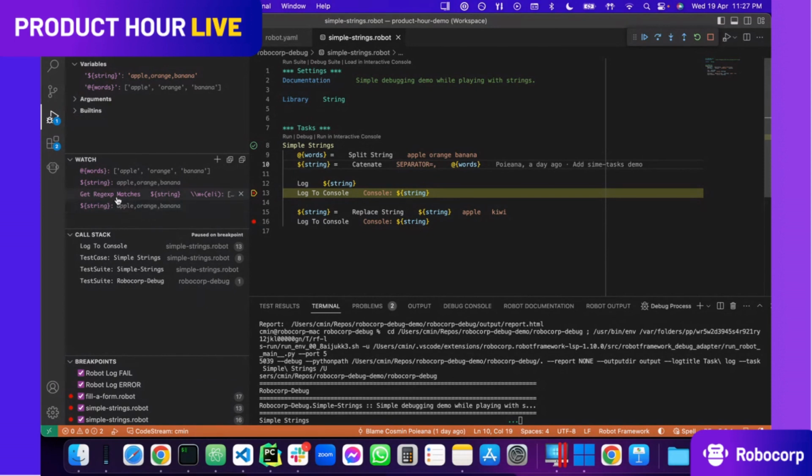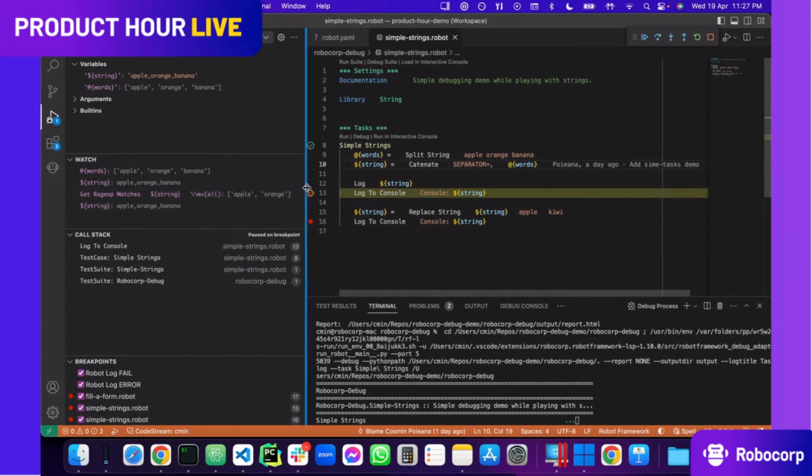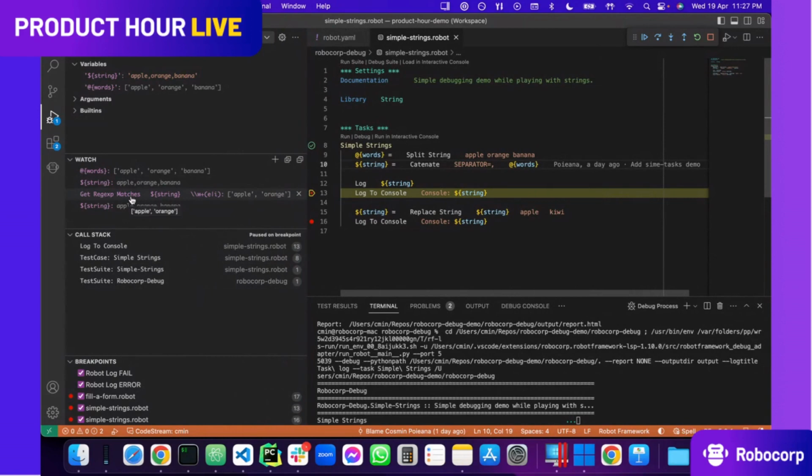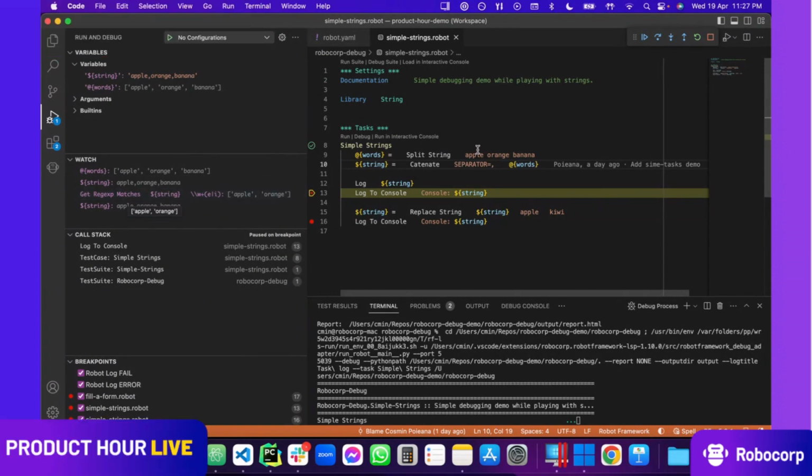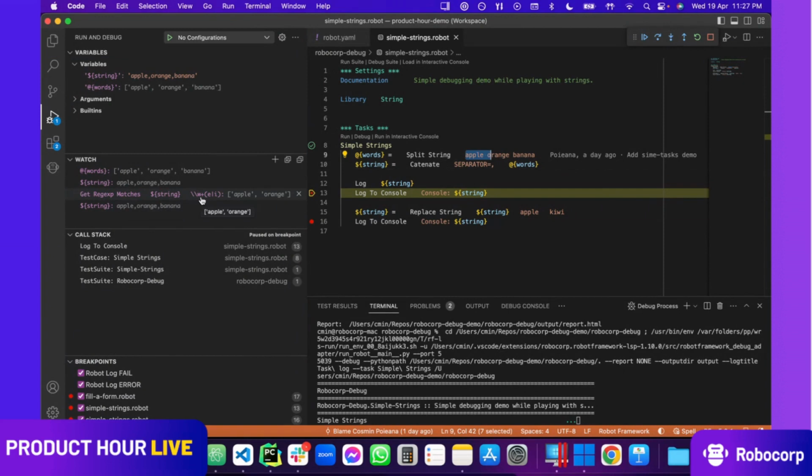But you can write more complex things like get regexp matches. This is a keyword that looks in my string over here and tries to find words that end in one of these two letters, E or I. And in my case, it found apple and orange. As you can see here, both of these two are ending in E.